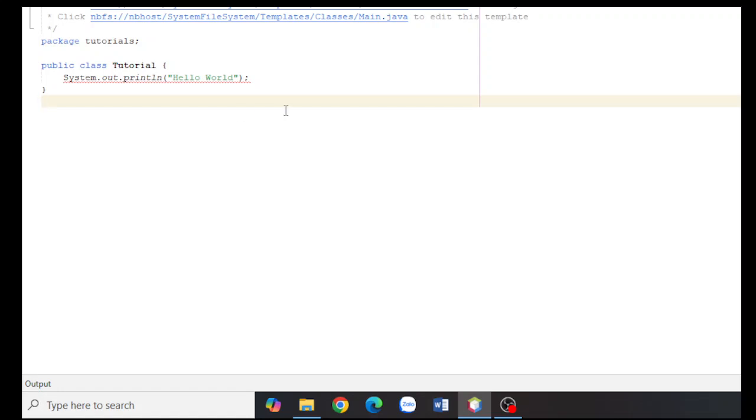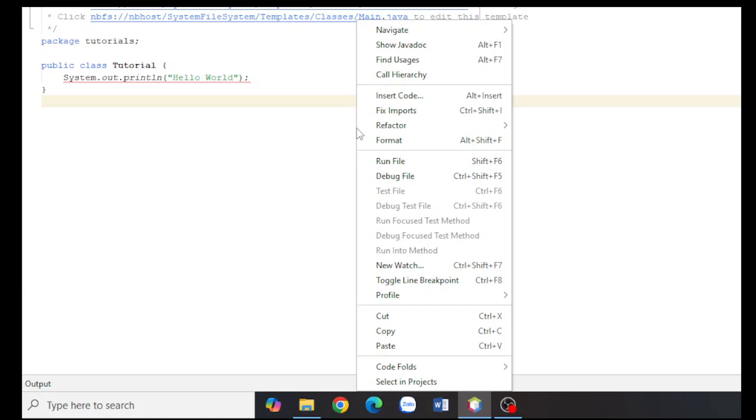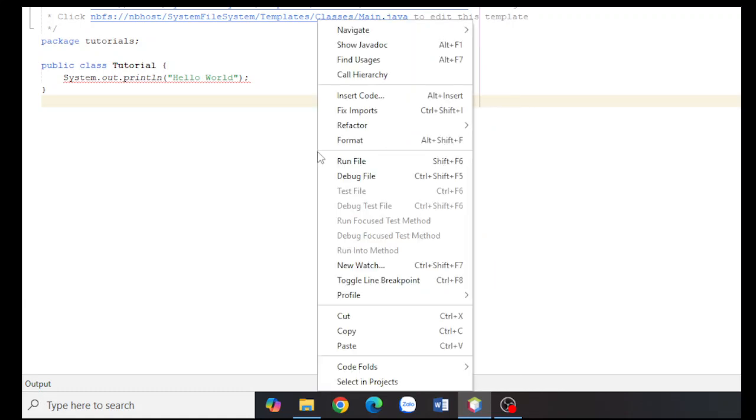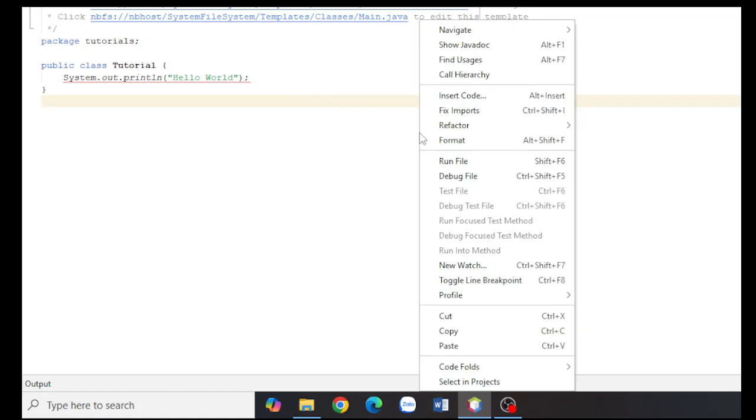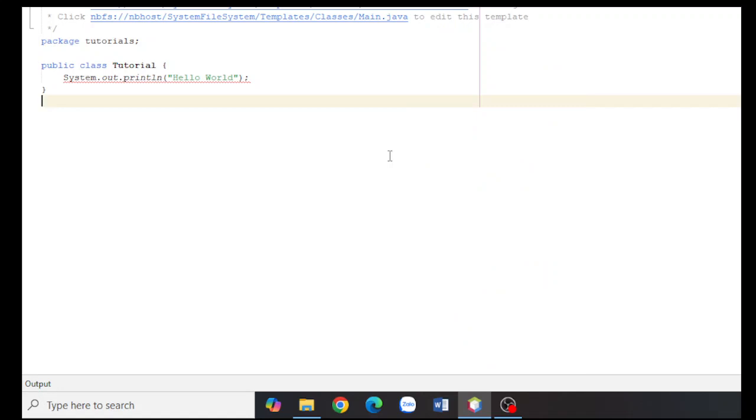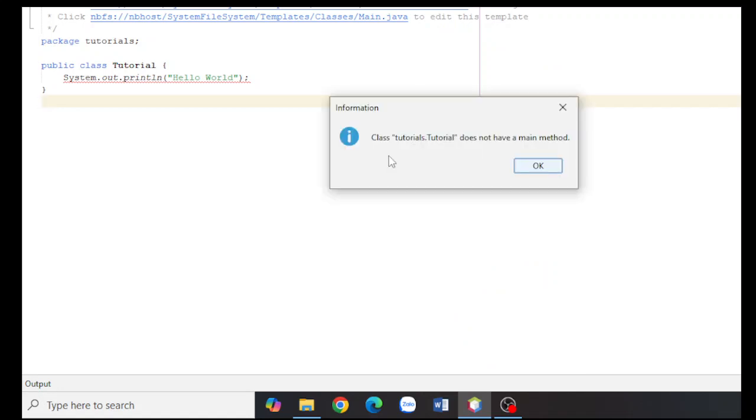There are two common ways that we can run a file. The first way is to right click, and then click run file. But as you can see on the screen, we also have one shortcut named Shift F6. Okay, so why don't we use this? I will just press Shift F6 at the same time, and